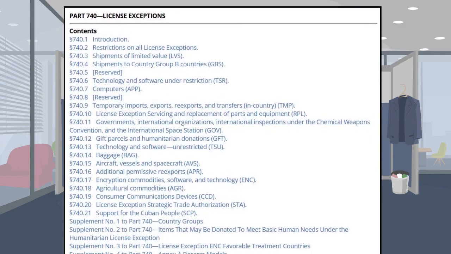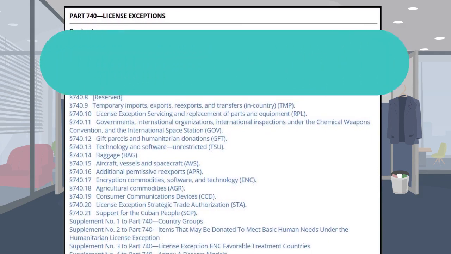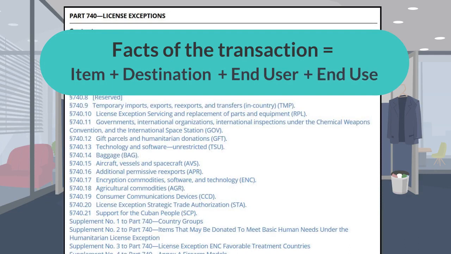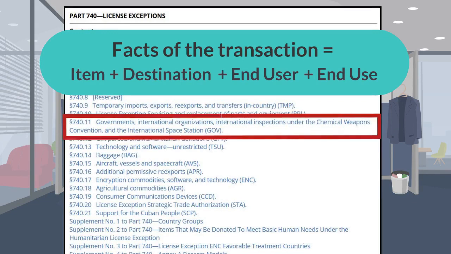Your eligibility to use a license exception will depend on the facts of your transaction. For example, if you are shipping the item for use by an agency or personnel of the U.S. government or an agency of a cooperating government, you might consider reviewing license exception GOV. The specific provisions of license exception GOV and the definition of cooperating governments is available in Section 740.11 of the